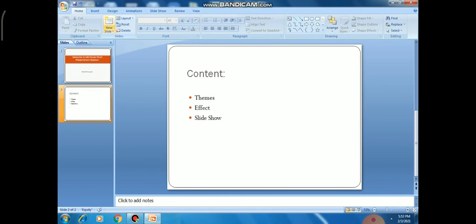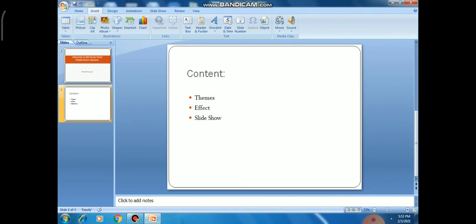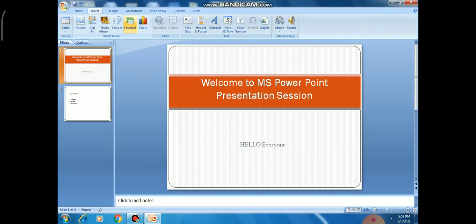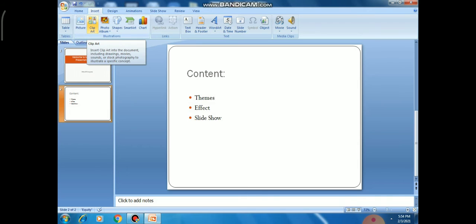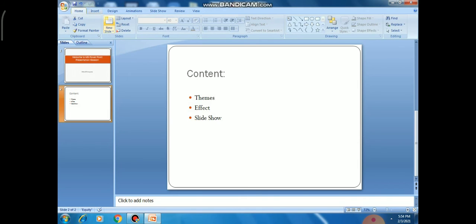Now dear students, I can add clip art into my slide. How? First of all, I am inserting a blank slide, and to insert a blank slide I have to click on the home tab, then new slide.